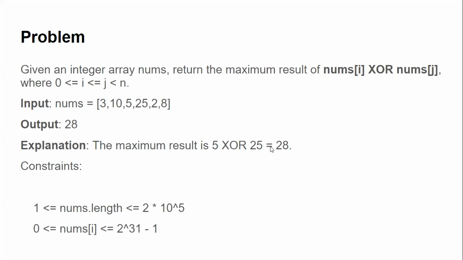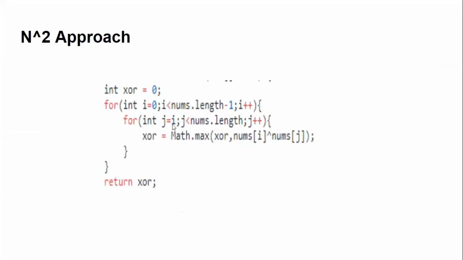Brute force would be convert every number to binary and compute XOR and store it and compare. Yeah. So that is one way. So any other approach? Another brute force could be just check all i, j, n square, and see the XOR of both numbers. Yeah. So correct. So the complexity will be n square. So in one approach, we use two for loops and we iterate and find the XOR of two numbers i and j, and we find out the max XOR. So that will be the answer.